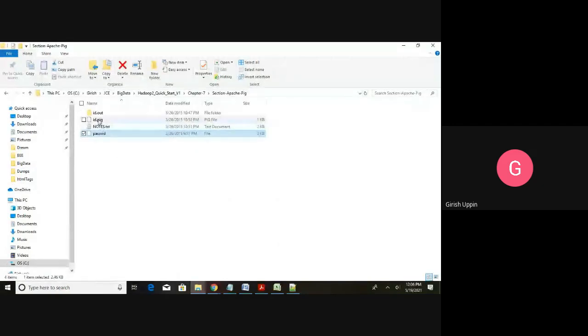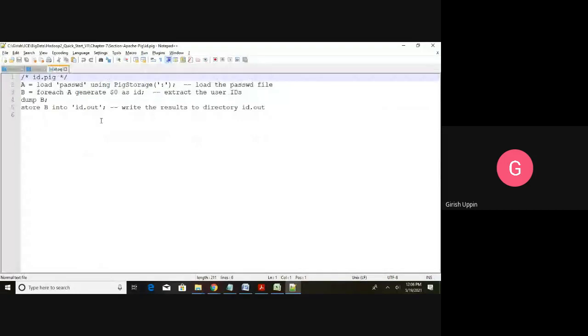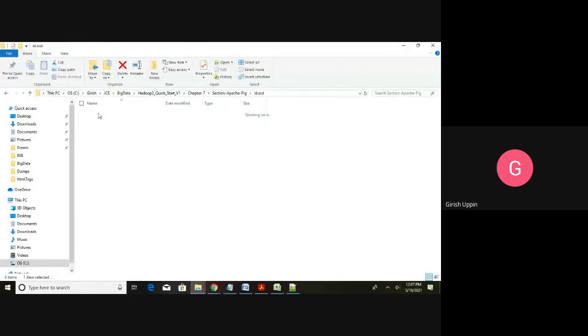Then we have the script I talked about, id.pig. This source code we already saw, right? This is the source code. Store b into id.out. So all the results, after it extracts the name from the password file, it is going to dump into the b variable, and after dumping into the b variable, it is going to put it into this particular directory. In that directory, if it is successful, we will have an empty file